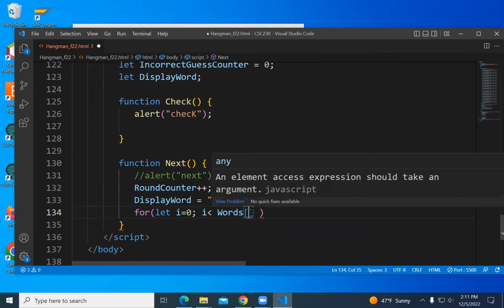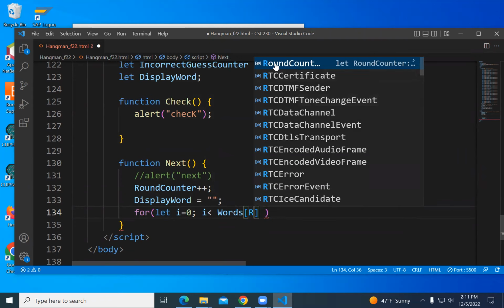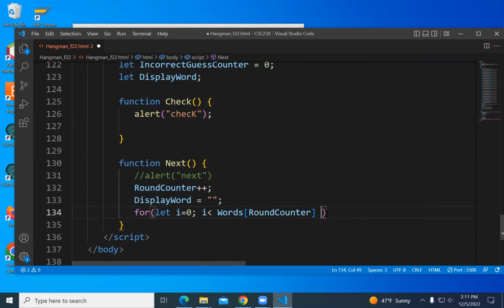I want words as an array, so I want the index, which was round counter. And then I want the length of that word. How are we going to get the length of a word? How many letters are in a word? How many characters in a word? Dot length.